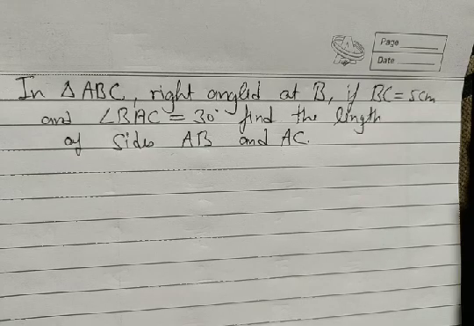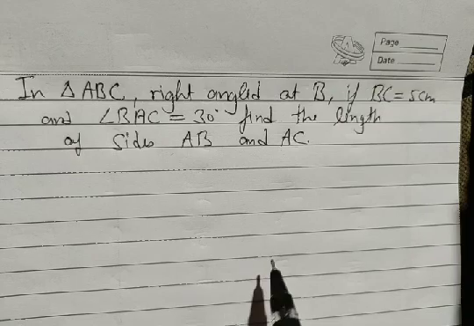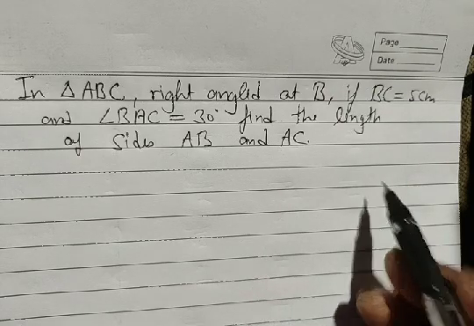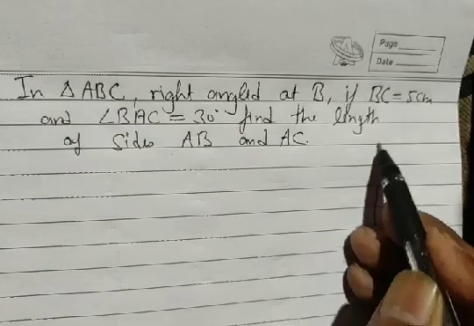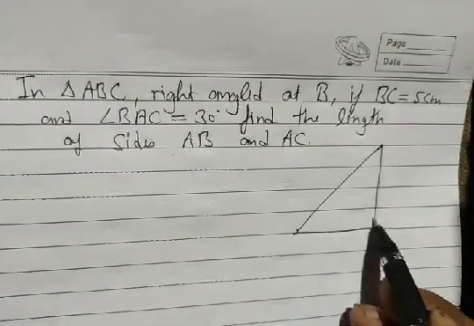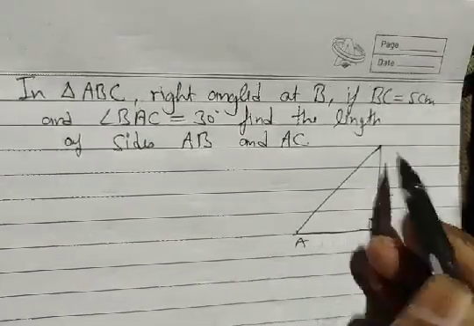It is one of the application based problems. We are given one of the angles and one of the sides, and we have to find the other two sides. Again, I told you that in trigonometry the whole concept is based on the right angle triangle. Since we have a right angle triangle ABC, right angle at B, we first draw a figure. Take angle B as 90 degree, write down A here, BC.